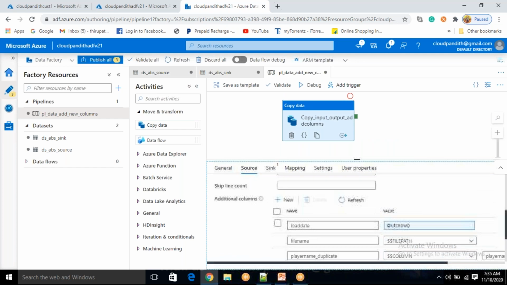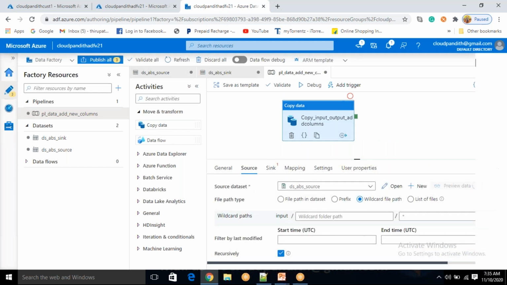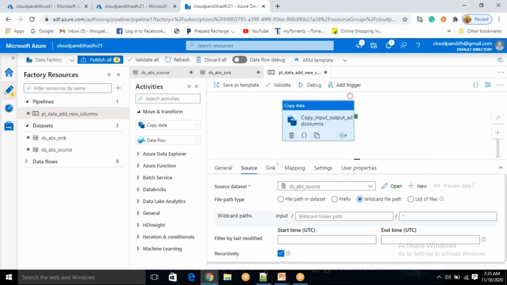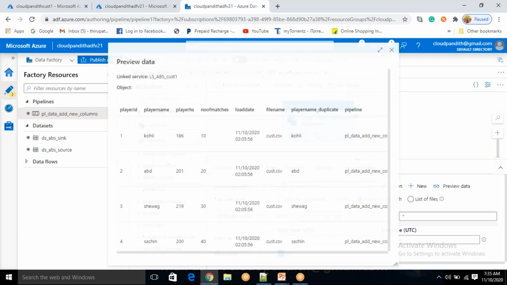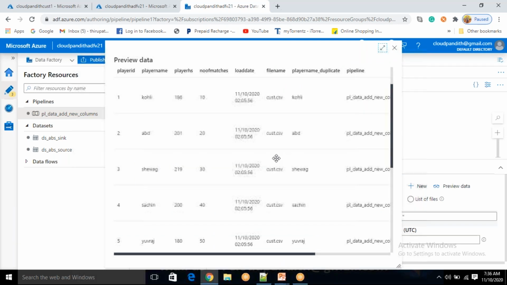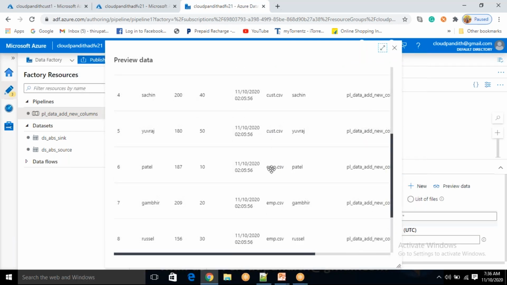Now you just try to preview the data. So you see these are the values that are going to be added. Click OK. See now player ID, player name, player highest score, number of matches, load date came. This file name is custody.csv. See all these records are loaded from custody.csv.